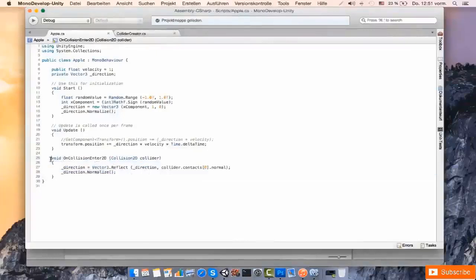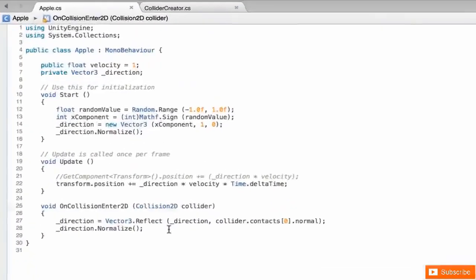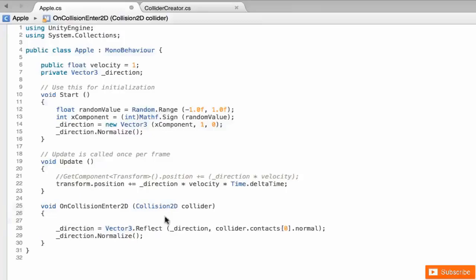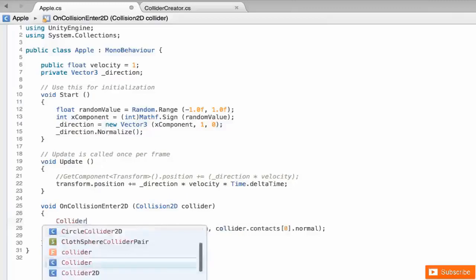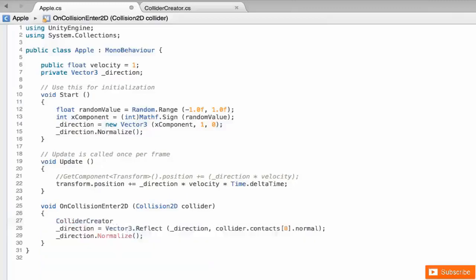And inside this function, what I need to do is I need to try to grab a reference for either the collider creator or the platform, and I can check if they are null. What we need to do first, before we do any reflections, we need to try to get a reference for the collider creator and the platform. So I'm going to try to get a reference for the actual collider creator, I think. Here it is. So I'm going to call it